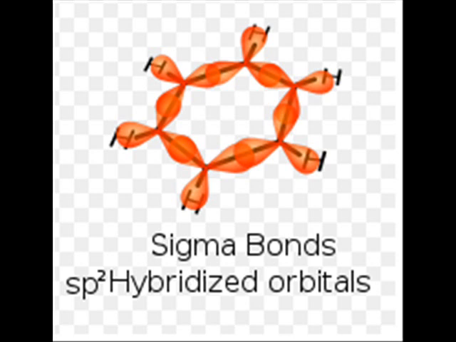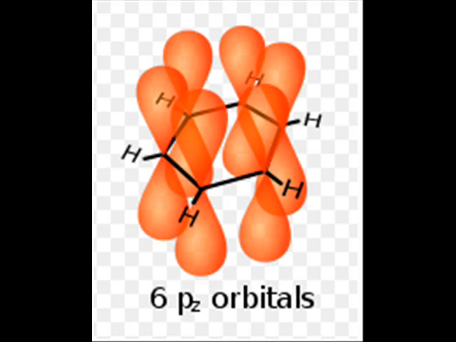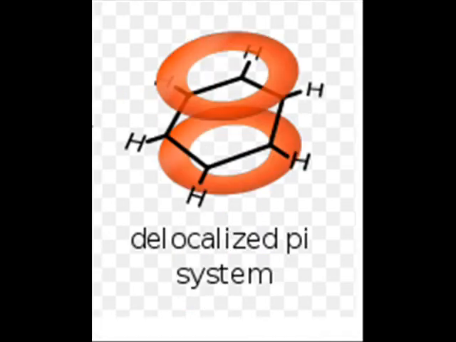The remaining p orbitals of the carbons overlap on both sides to form a system of pi bonds, creating a ring of delocalized electrons above and below the ring. This solves all of Kekulé's problems, as all the bonds are the same, the delocalized electrons offer extra stability to the structure, and this also makes it reluctant to undergo addition reactions.